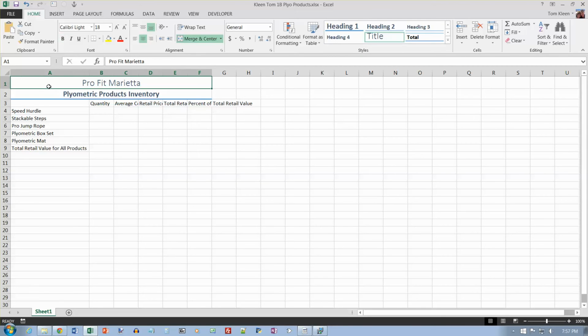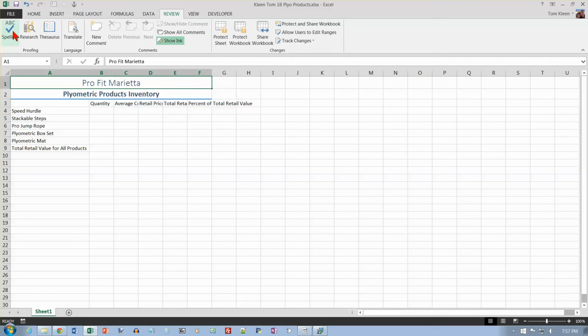And then go to A1, and it says click the Review tab, and we want Spelling. You don't get red wavy lines in here like you do in Word. And it will check my spelling for me. And let me see. In the Spelling dialog box,